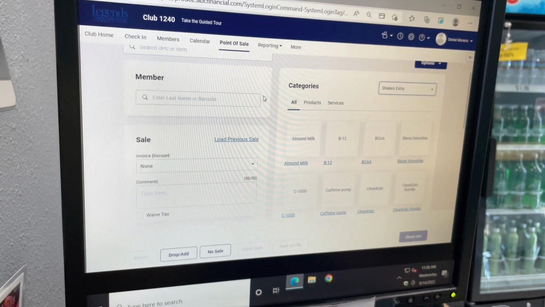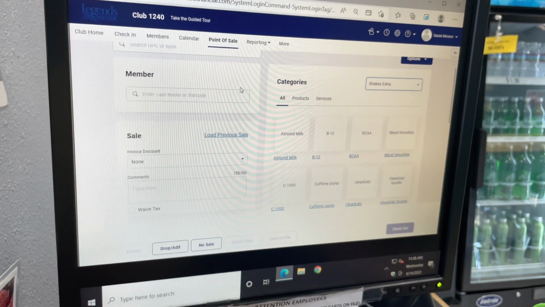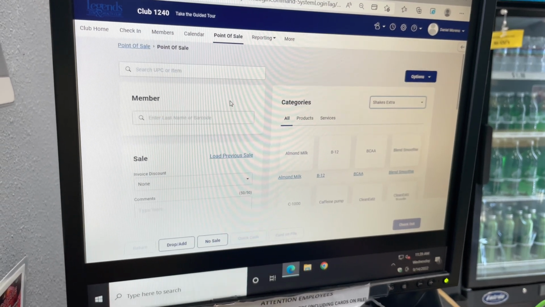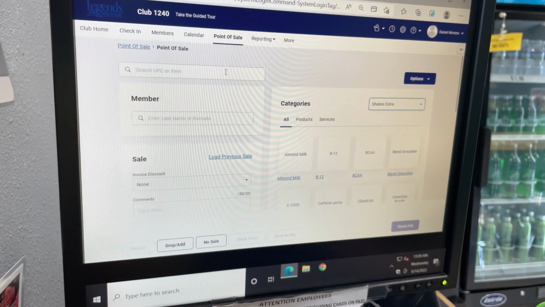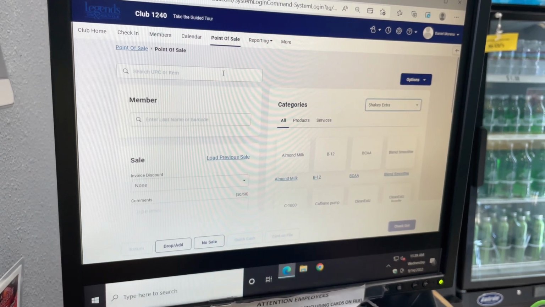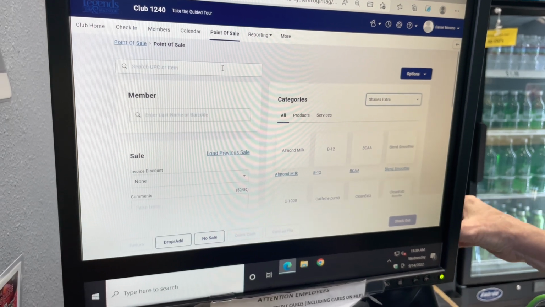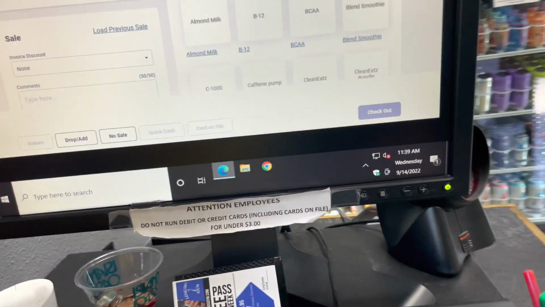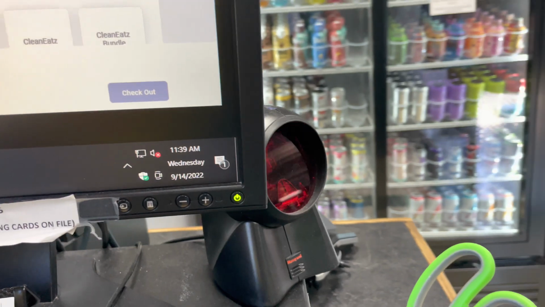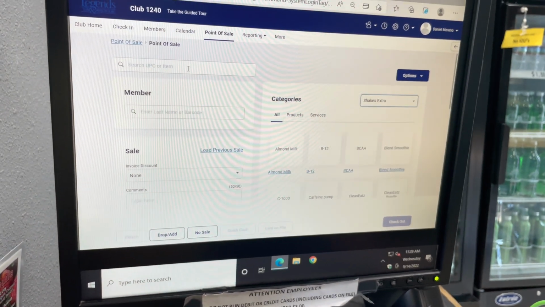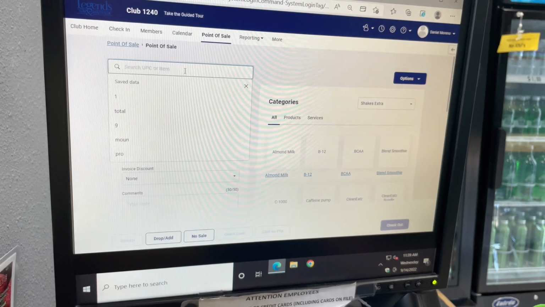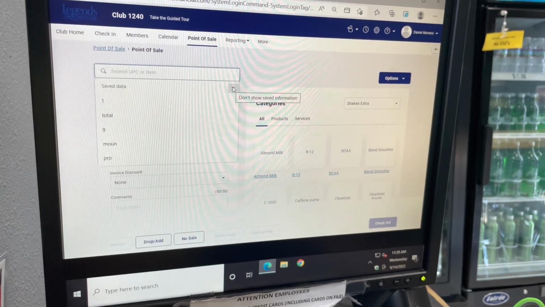Okay, then on the left-hand side, if you have a cooler drink or anything from the cooler, then you're going to either scan it with the scanner right here, or you can type it in the search UPC or item right here. Just make sure the cursor is blinking there,